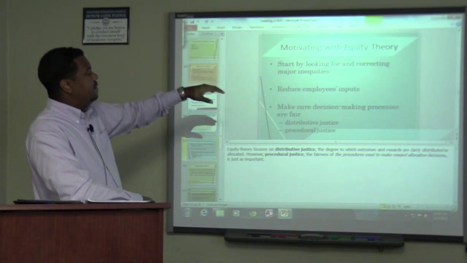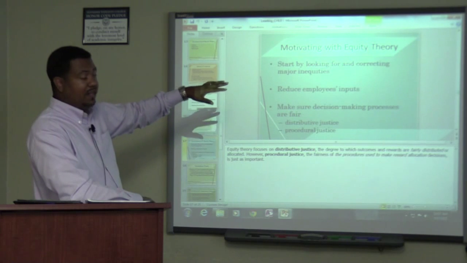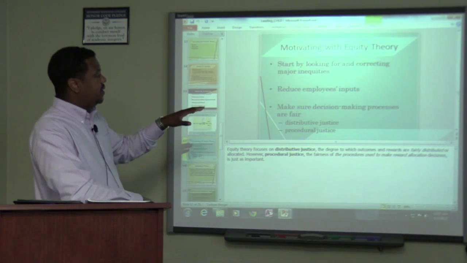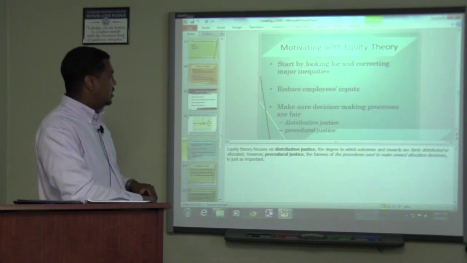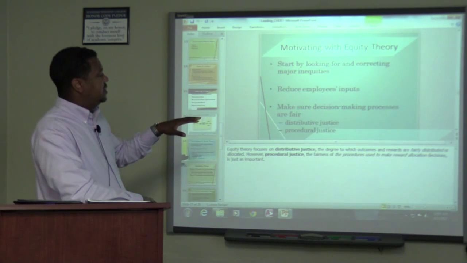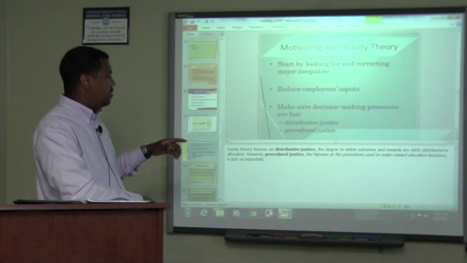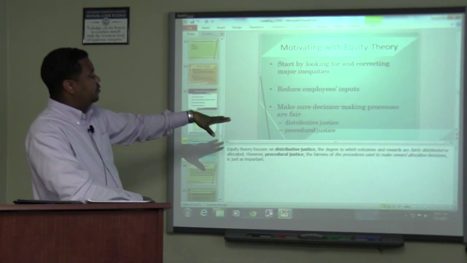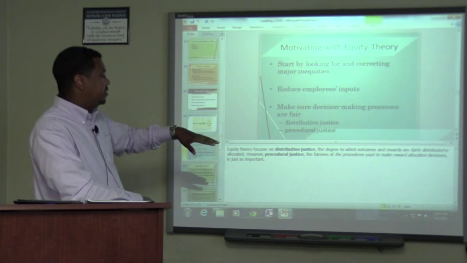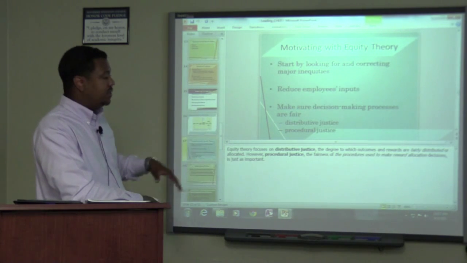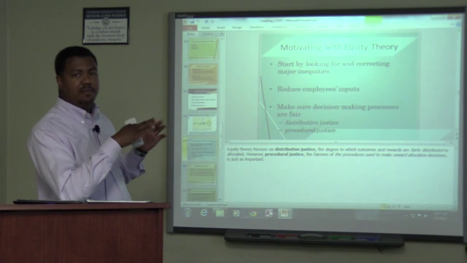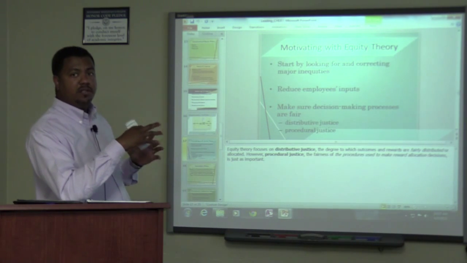We can start looking for and correcting major inequities that exist within our organization. We can reduce employees' input to a certain standpoint and make sure the decision-making process is fair. We can use distributive or procedural justice. Distributive justice is the degree to which rewards are fairly distributed within our organization. This is especially important when individuals compare themselves to their co-workers and colleagues within